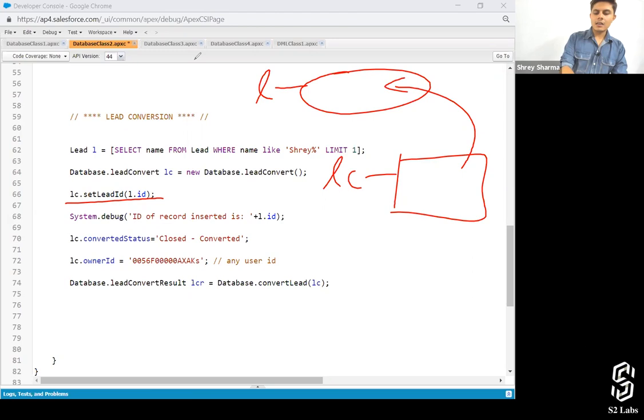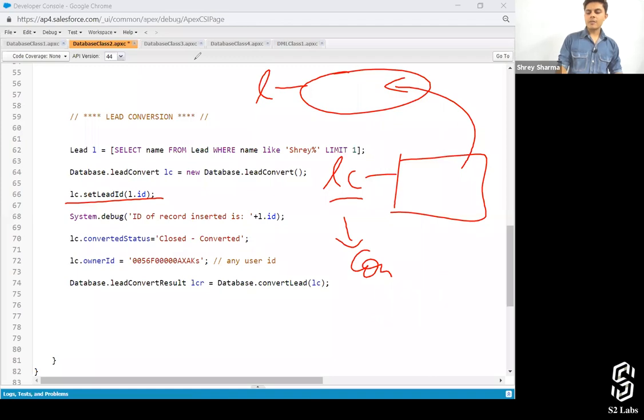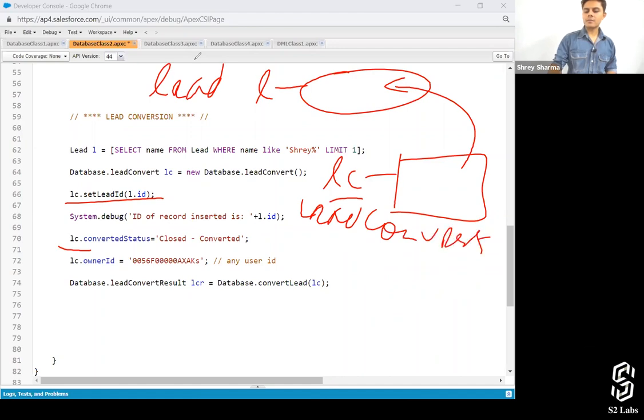And after that, I'm just printing out the record ID, and then I'm setting lc.convertedStatus to closed converted. Similarly, I'm setting the owner ID, like whatever information I want to set for the lead after the conversion, I'm setting it with the help of lc, not with L, right? L is the lead, and this is the LeadConvert class's object, right?